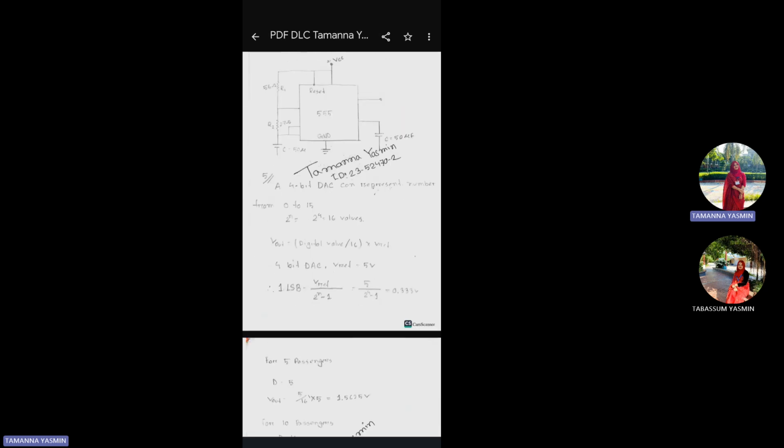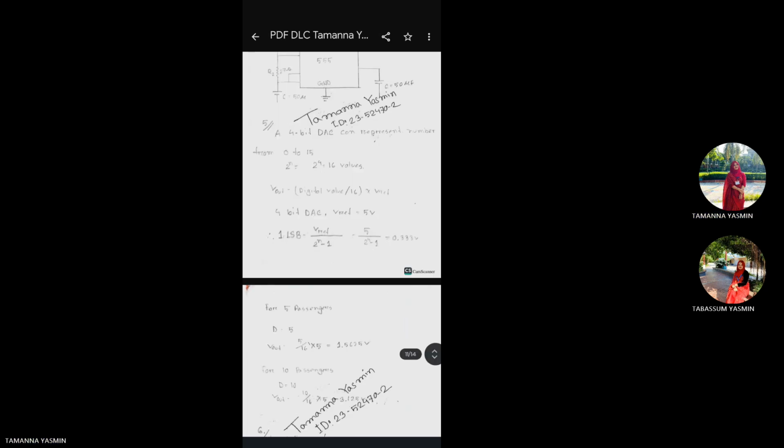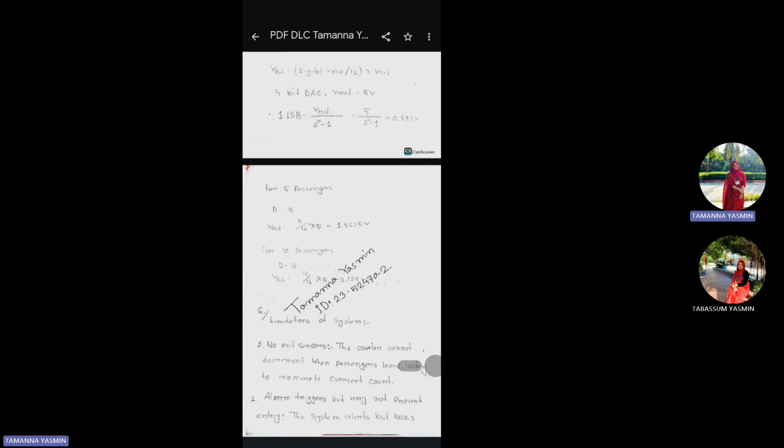And in question 5, they ask us to show how the DAC converts the digital passenger count into an analog voltage. We have a 4-bit DAC with a 5-volt reference. This means it can represent 16 different values from 0 to 15. The resolution, or the voltage change per step, is calculated as the reference voltage divided by the number of steps. So 5 volts divided by 16 gives us a